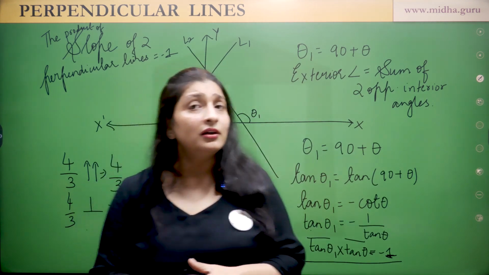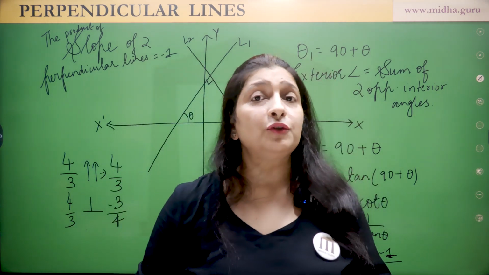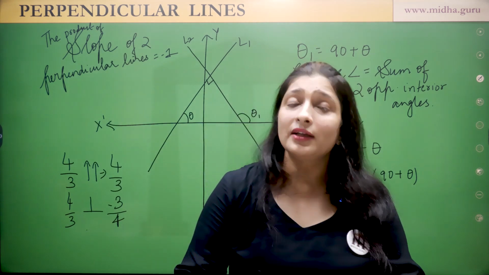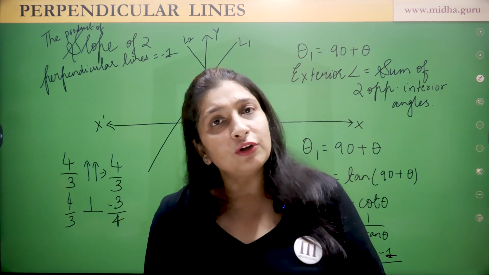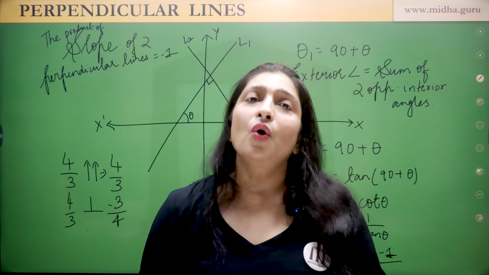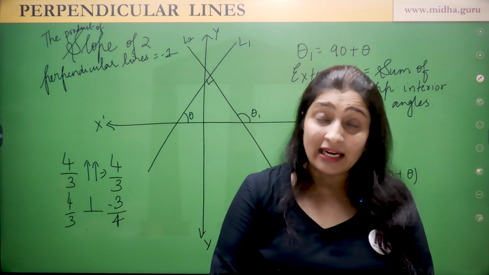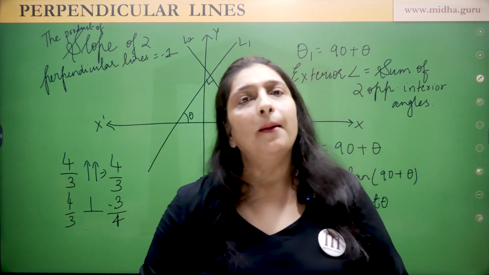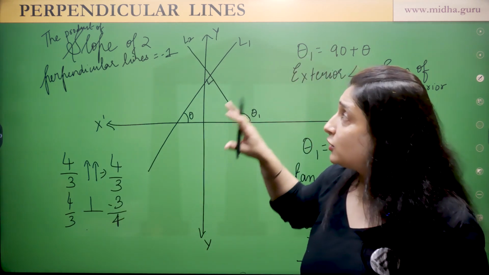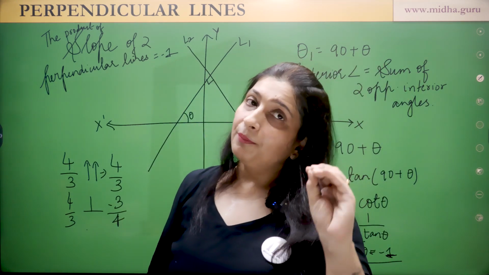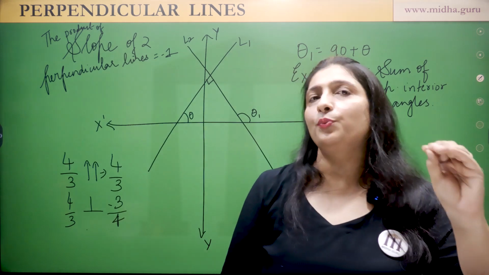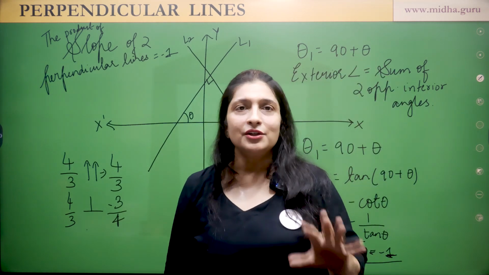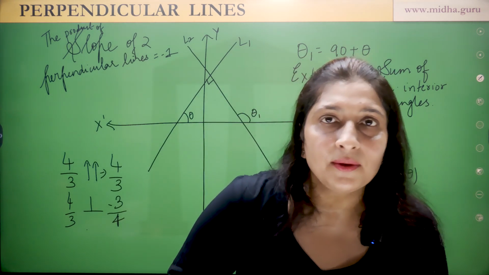We have done the explanation of all the topics related to the exercise. We saw what is inclination. We saw the concept of slope, then the slope of a straight line. Then we saw what are parallel lines and the slope of parallel lines, the slope of perpendicular lines, and also when the slope is negative and when the slope is positive for a given line. This we have studied.